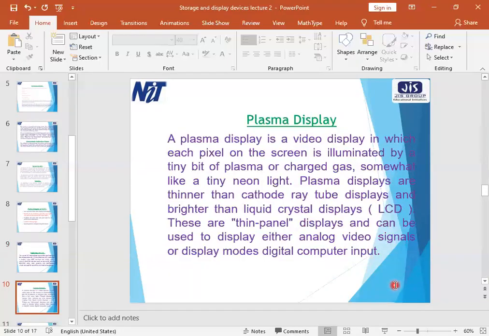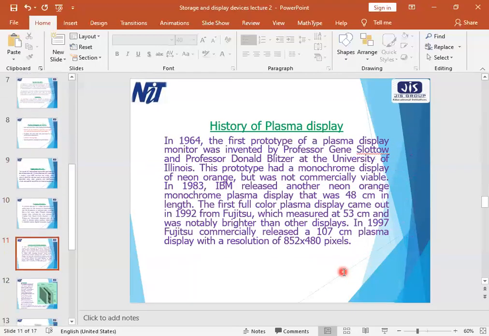So, and brighter than the LCDs. These are thin panel displays and they can be put on the wall also. In 1964, the first prototype of plasma display monitor was invented, as I told you, by Professor Gene Slotov and Professor Donald Bleacher at the University of Illinois. This prototype had a monochrome display. That means single color, neon orange was there, but it was not commercially viable because people were searching about the